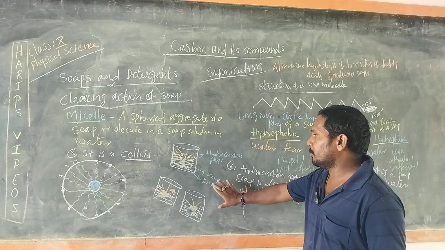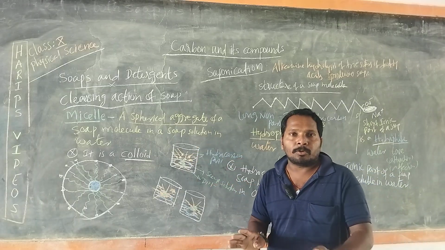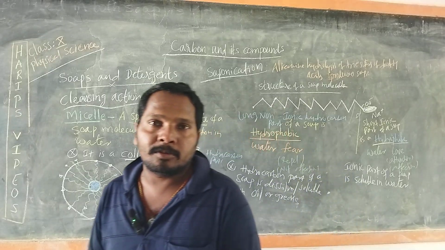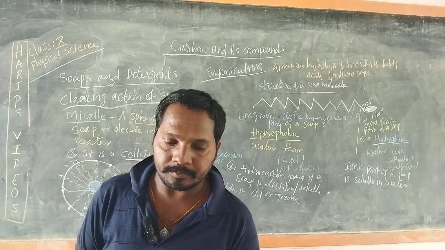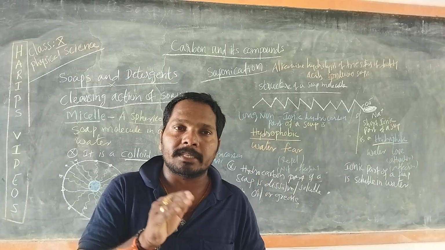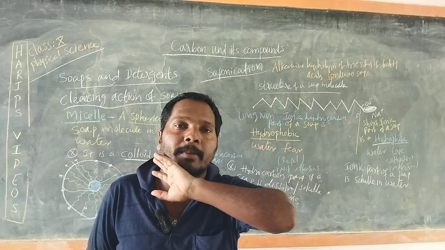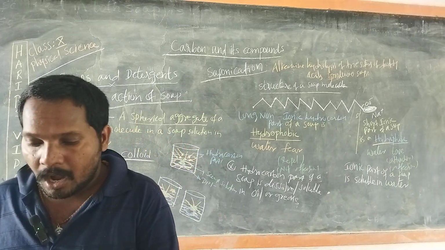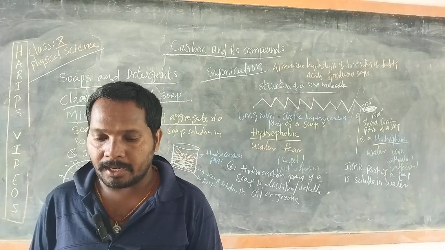So this is a simple way of understanding. I will show you a picture that is easy to understand, instead of what you have in your textbook, either the government textbook or the private series textbook. Then we also have to see how a micelle is formed. Previously we discussed how soap is manufactured in the laboratory. Similarly, we have to understand how soap acts by making oil and greasy particles